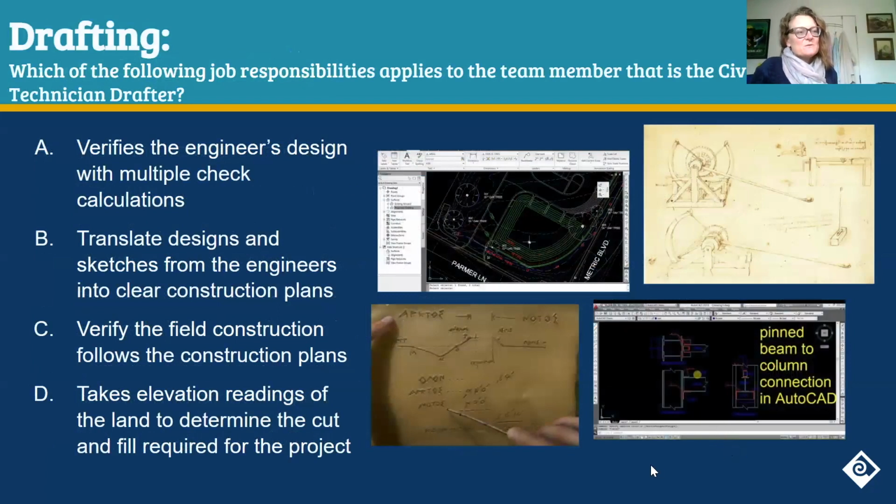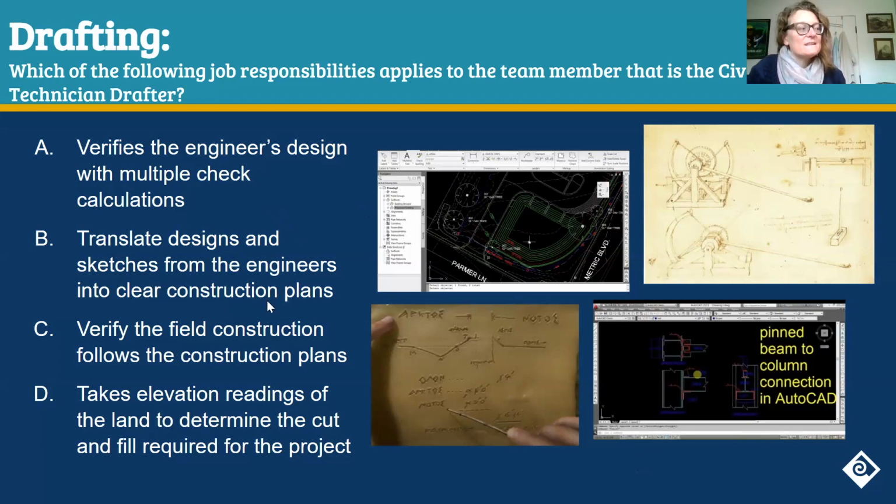Okay, another thing that we do a lot of in our program is learning how to be drafting technicians. And so thinking about the role of a drafting technician, what are the job responsibilities that would apply to a team member that is the civil engineering drafting technician? A, verifying the engineer's design with multiple check calculations.